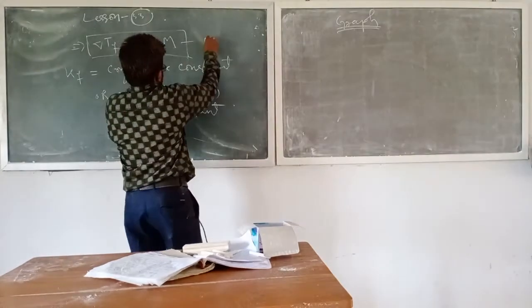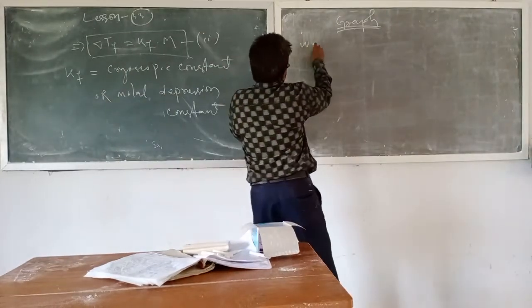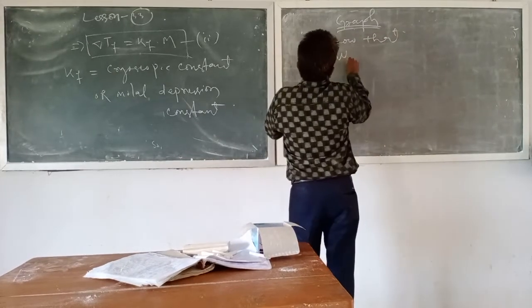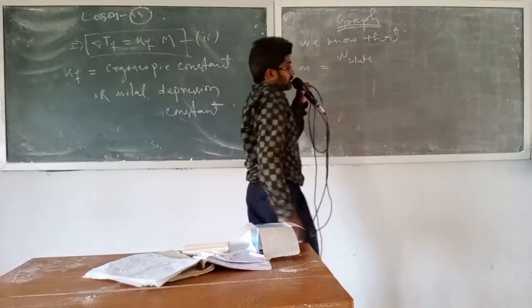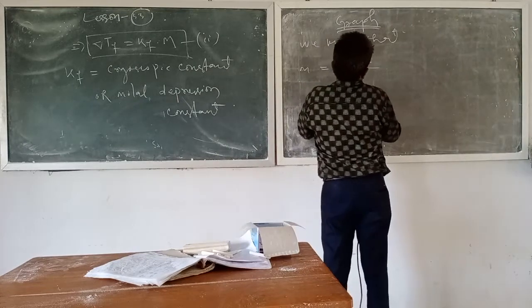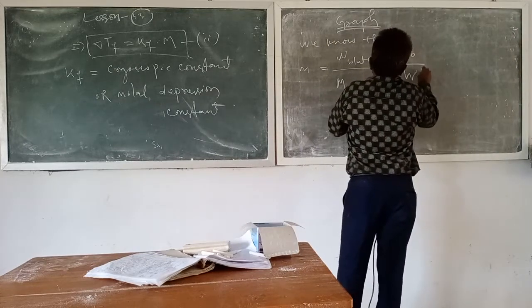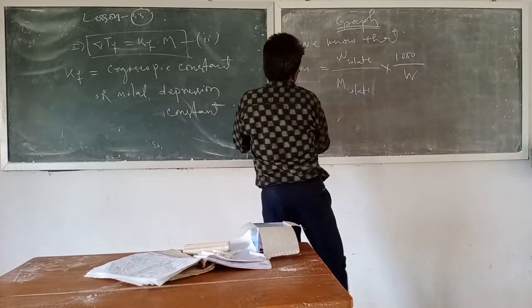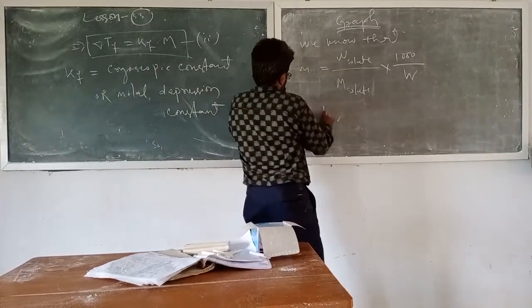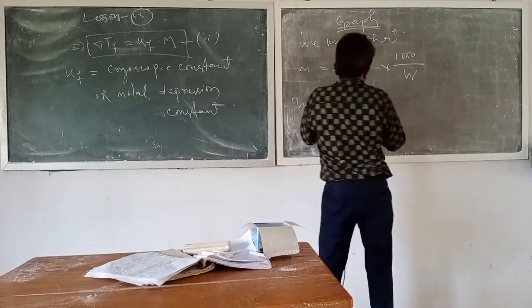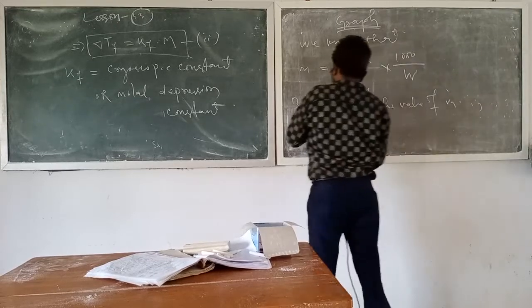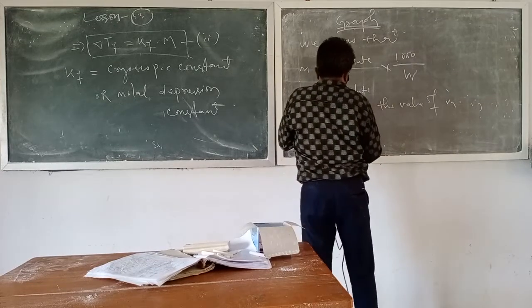Suppose this is equation 2, and we know that molality M equal to W solute, in case of solute you can also put WB, W solute by M solute into 1000 by W. By putting the value of M in equation 2, we have,